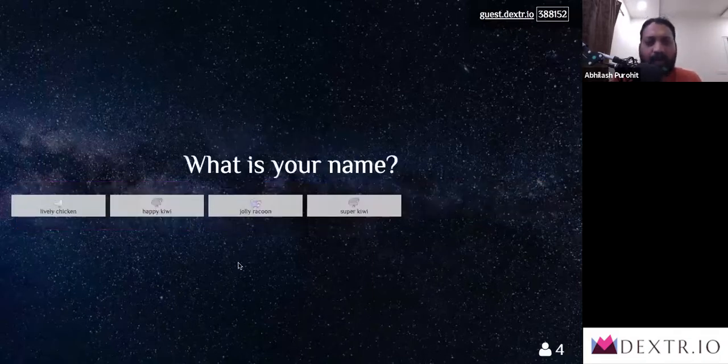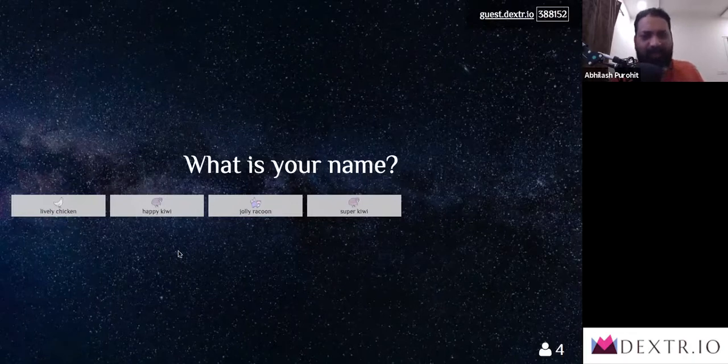And what we have now is that we have 4 participants on this. And like I had said, some fun little names, a combination of an adjective and an animal name, have been given. These are assigned randomly. And there's an icon there. So somebody has typed their name as participant 1. I am going to type my name. I am the Jolly Raccoon, as you can see here. I am participant 3, let us say.